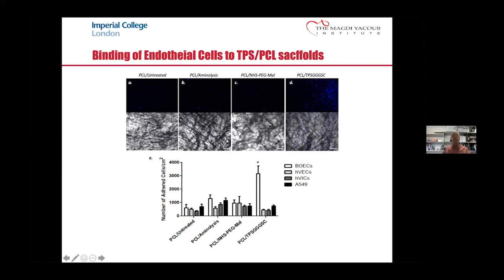So we need to work out how this technology can be applied to our tissue engineered valve in terms of how it relates to the production process, and at what stage you could realistically undergo this cross-linking pathway and add TPS to specific areas or parts of our tissue engineered valve.